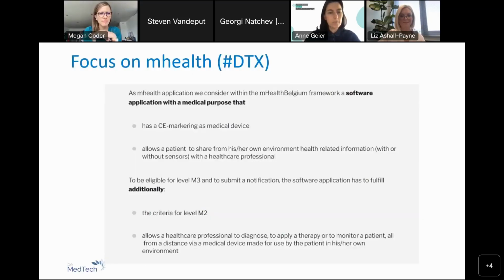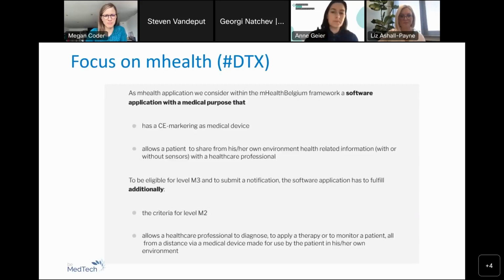The focus here is on mHealth, as the title mHealth Belgium says. So this means that the focus is not purely on digital therapeutics. Of course, there are digital therapeutics that are also mHealth applications, so they fit in it. But digital therapeutics applications that are not mobile health applications fit less in this. So this is a strategic choice that the government has taken, because the initiative already started in 2016